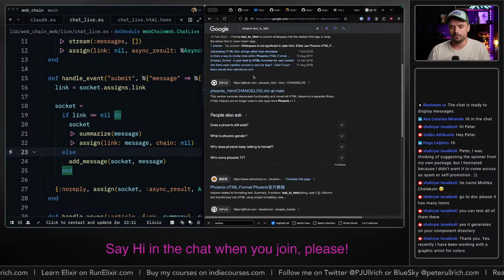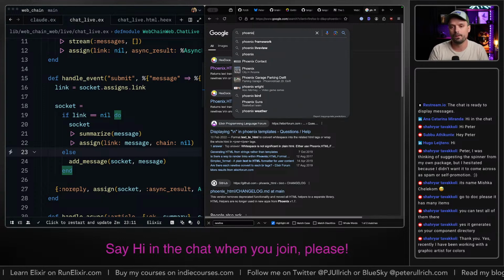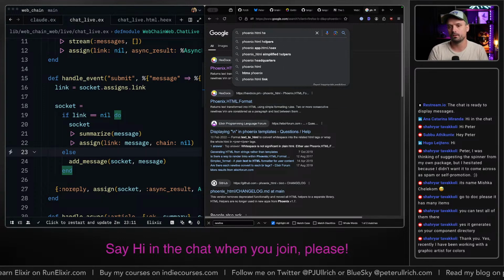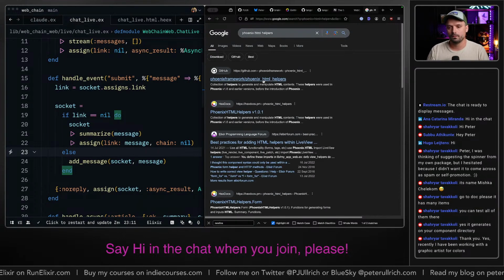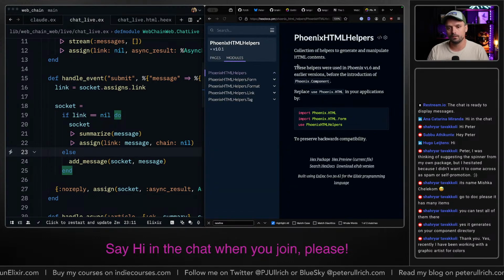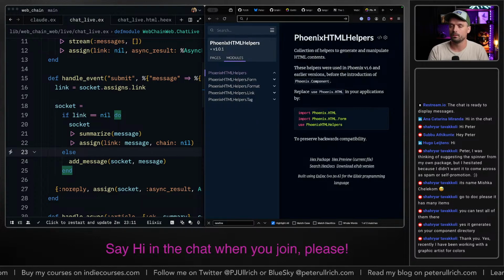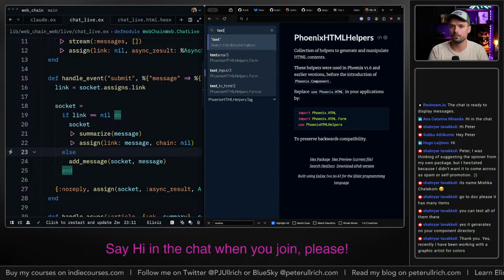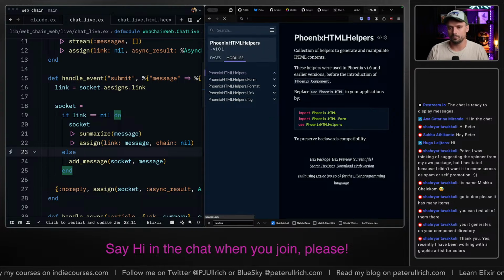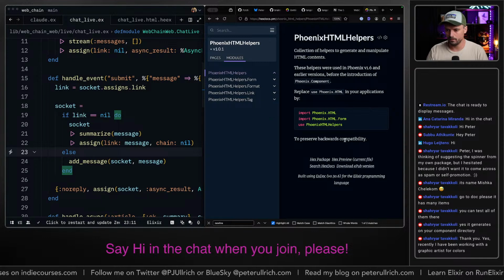Let me just try to find this thing again. HTML helpers. I think it's in here now. Text HTML. Yeah, text HTML. All right. They moved it to this other function. I wonder where that is now in the latest Phoenix. You don't have that helper anymore, right?